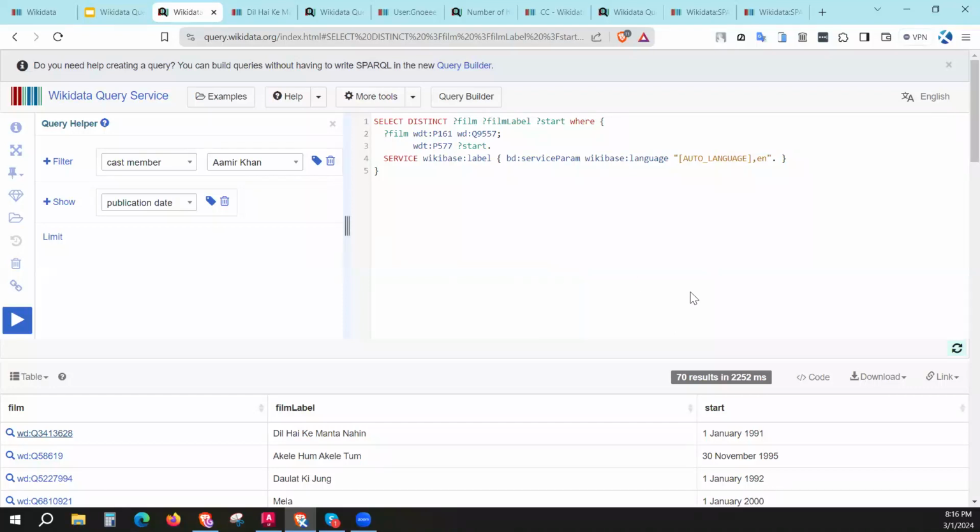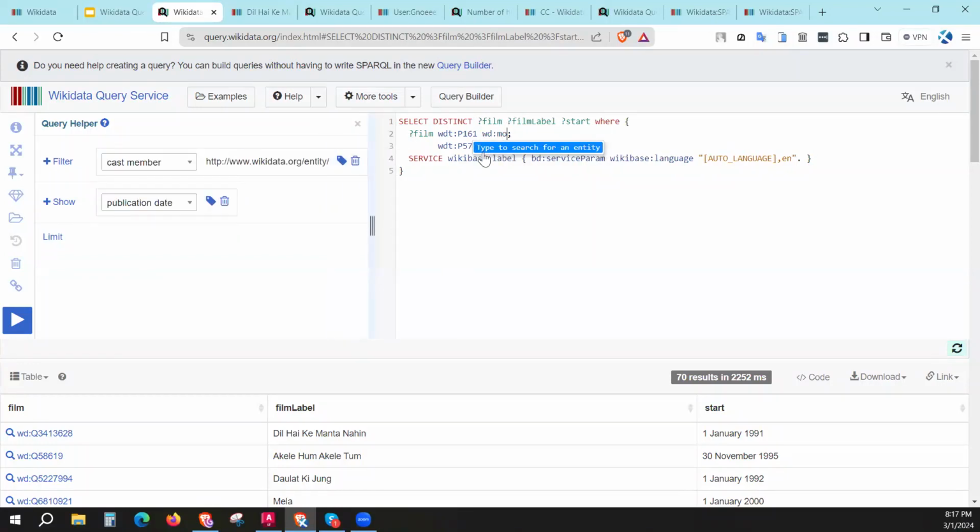So this number, 70, is not the complete number of movies that Aamir Khan has been added to. It is only the Wikidata film items with the statement cast member Aamir Khan that are shown over here. So instead of Aamir Khan, if you want to change to some other actor,